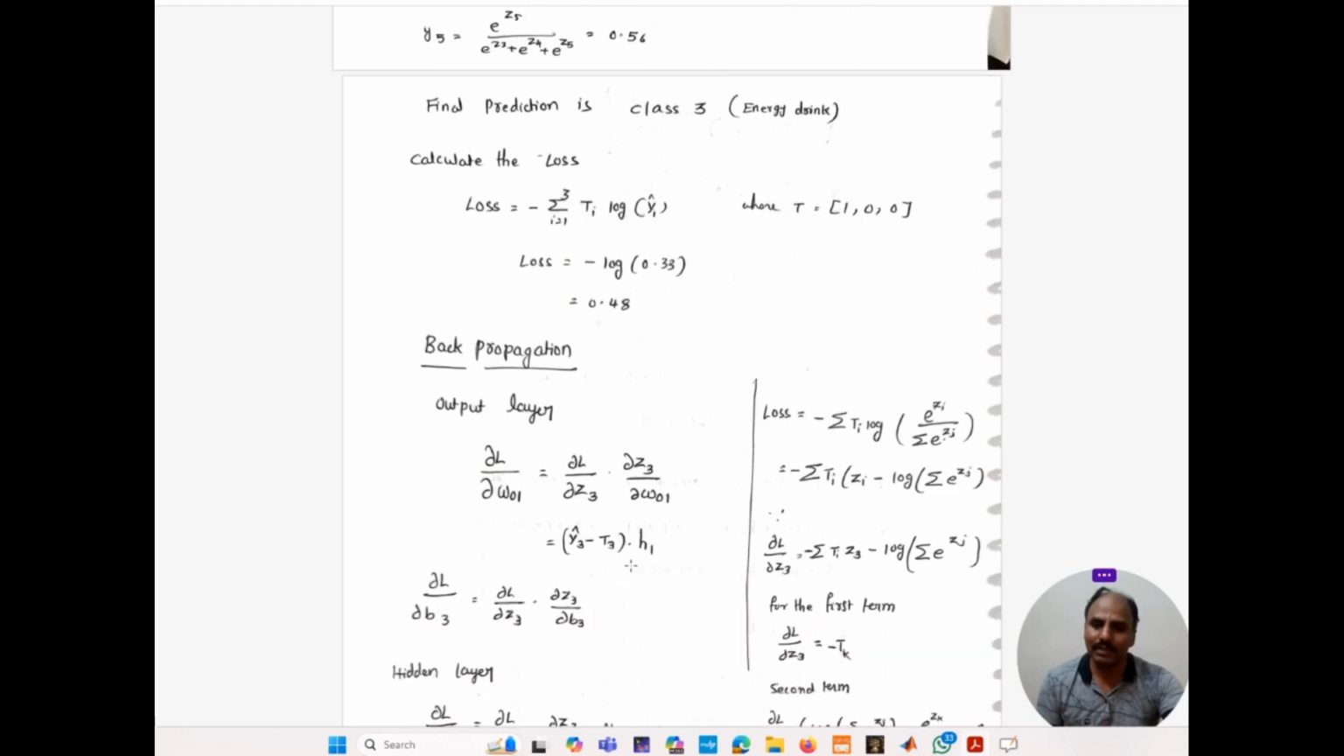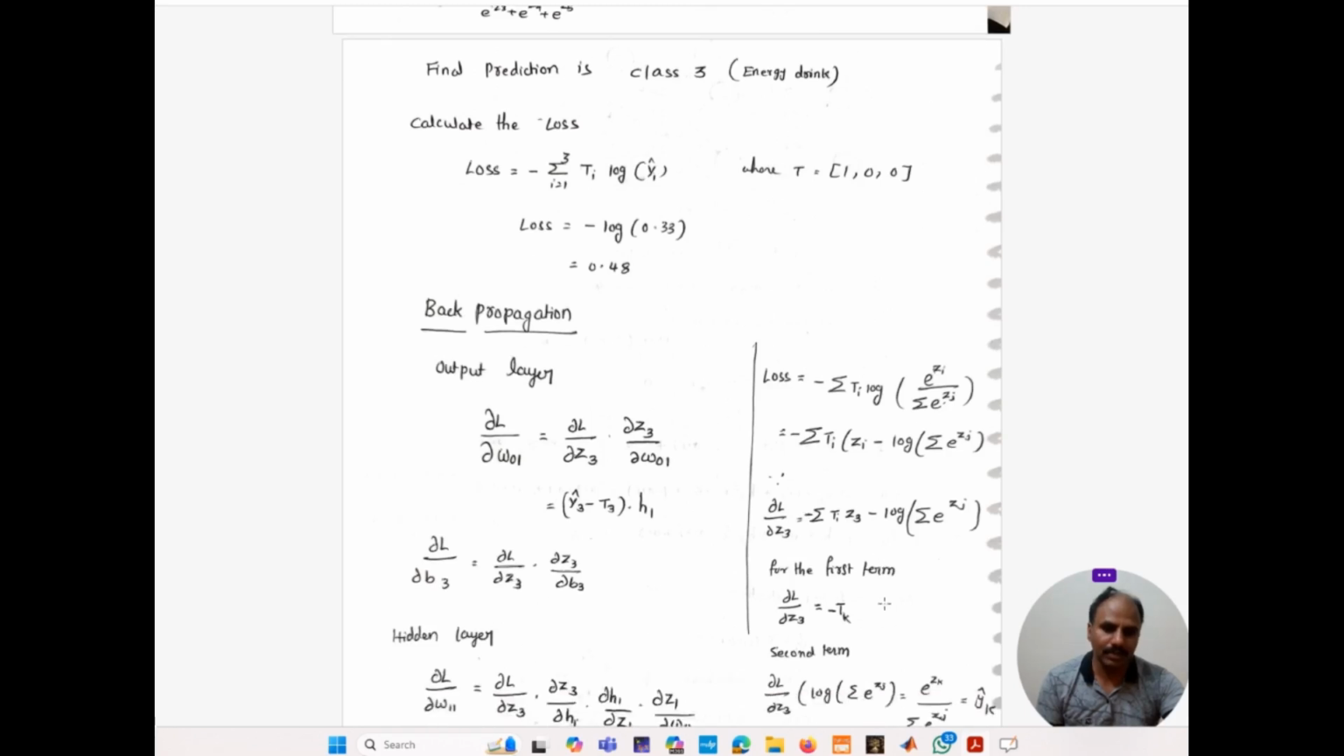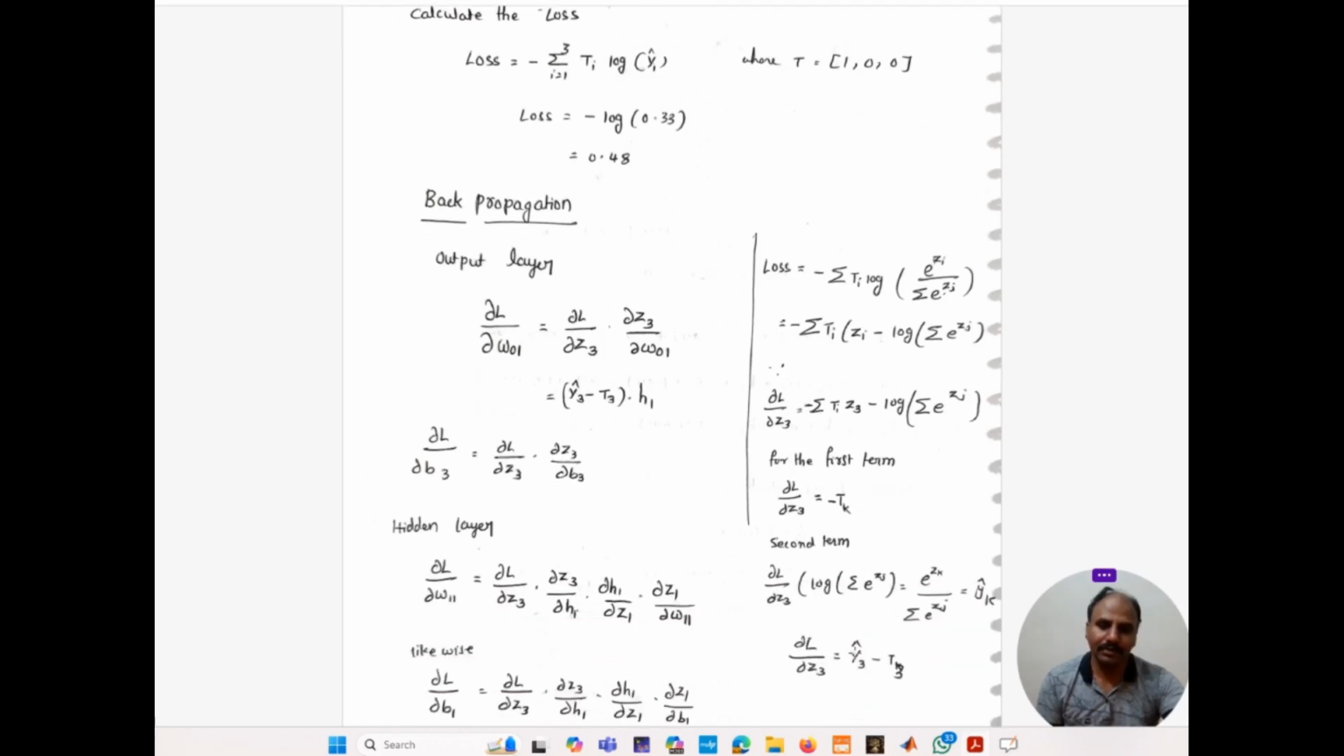So we need to update all the weights and all the biases. Here I have taken one output layer weight and output layer bias. So that is dou L by dou WO1, which can be modified to dou L by dou Z3 into dou Z3 by dou WO1. Please follow the last lectures for how I have written this. After dou L by dou Z3 we can directly write y cap minus T3, where T3 is the targeted third one. In the same way, dou L by dou B3 means dou L by dou Z3 into dou Z3 by